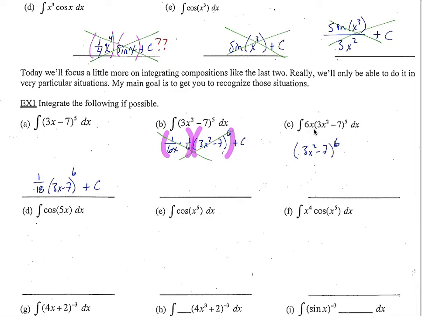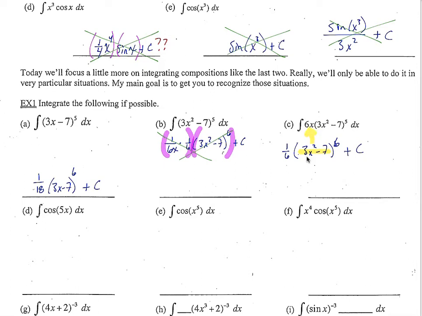We would have a 1/6 here, a plus c, and then notice what happens. If this is the antiderivative, if we take the derivative of all of this, we would want to get back to here. And notice that the derivative of the inside function here is going to end up giving us